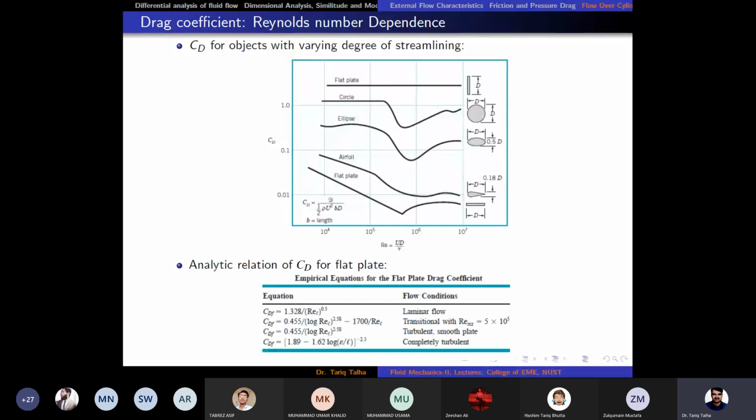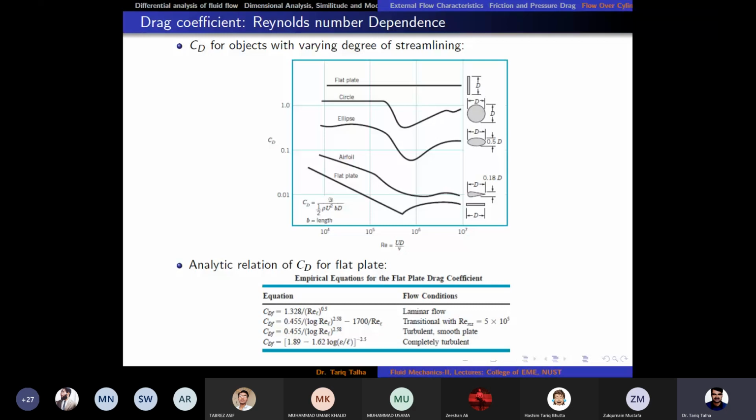And then this table shows you the CD value for the flat plate, that is kind of the empirical correlation for different flow regimes, for the transitional, turbulent, and then completely turbulent. That is given as a function of Reynolds number, and we need to conduct these experiments to get these CD coefficients for different flow regimes. So this was all about